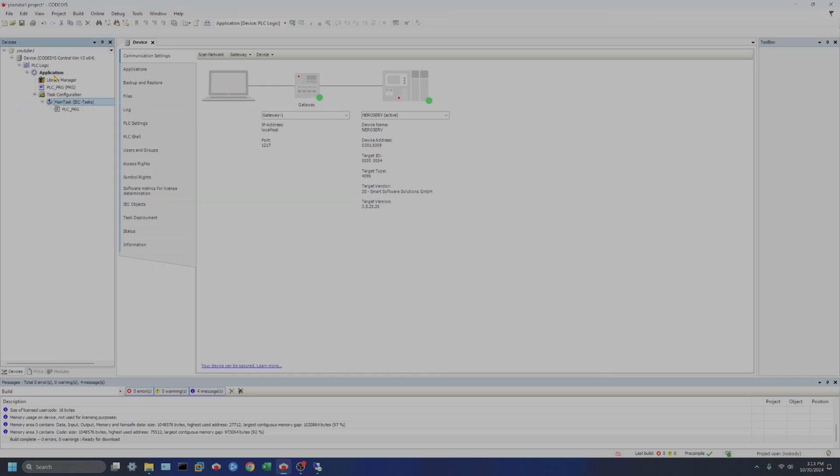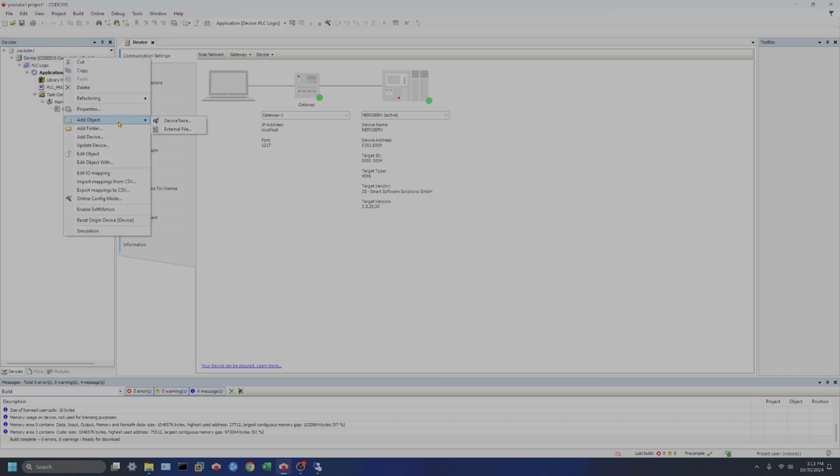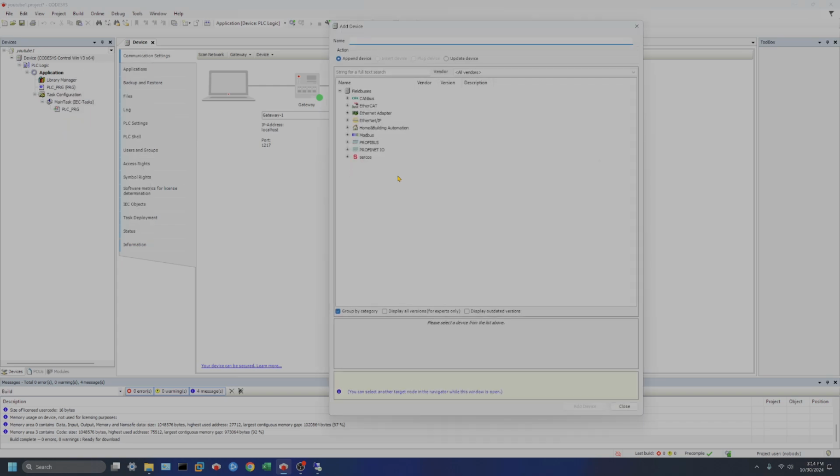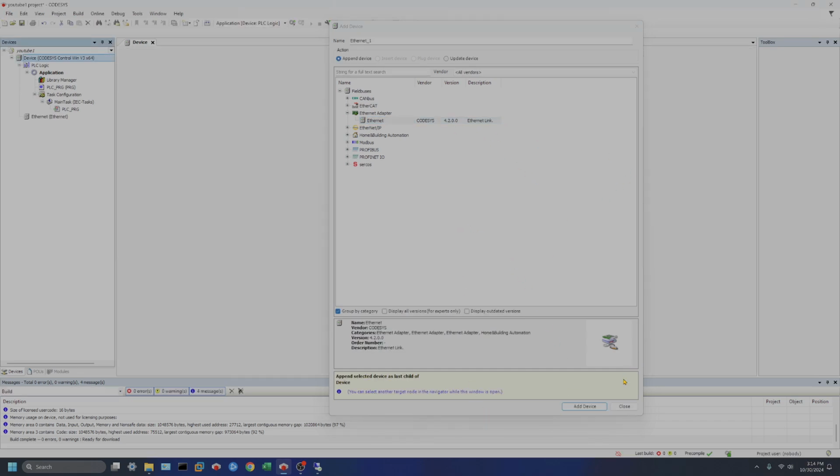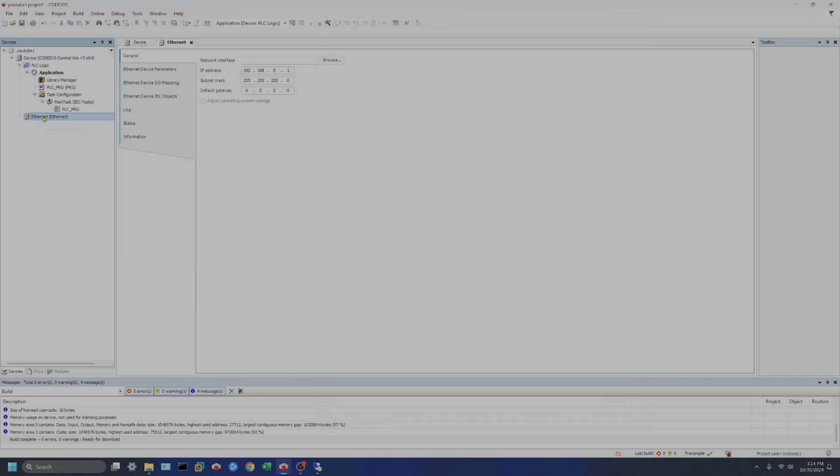So you can come down here, or if we were going to put, like, an Ethernet port for Ethernet IP, we would come here and we would say add device, and then this opens up, and here's all your adapters. So there's an Ethernet adapter on the PC there, so we're going to add that, right? And so our IP address for that thing is 1.9,